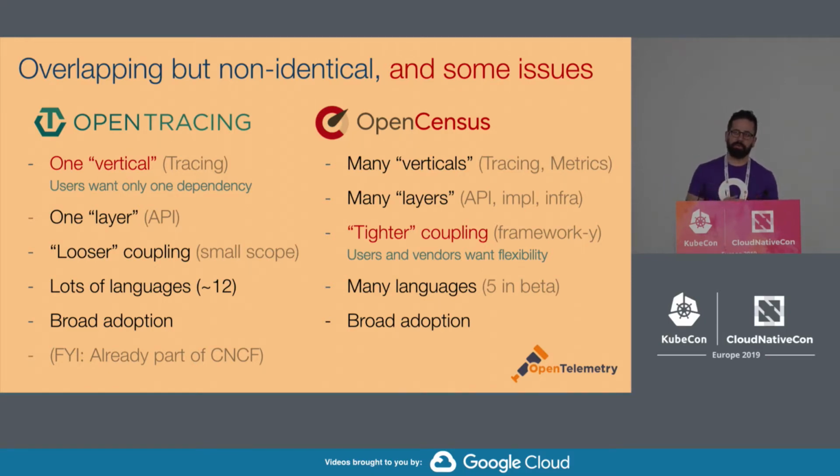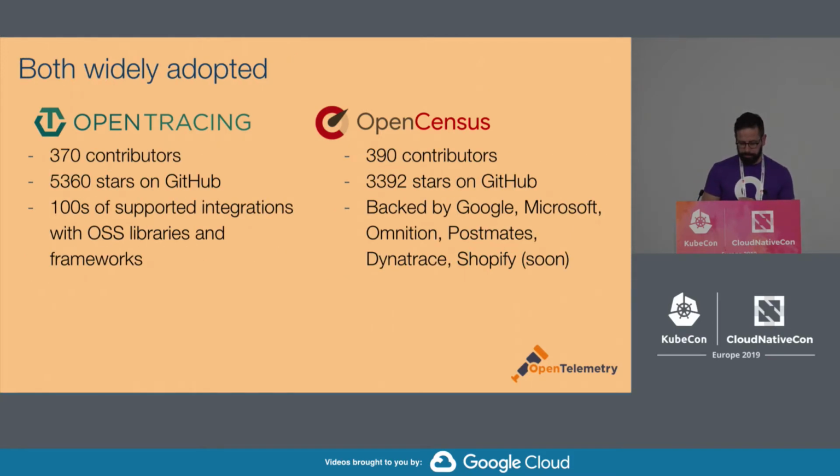It made it a bit difficult for developers to choose only the parts that they wanted to use for their product or project, and probably made it a bit more difficult for vendors and others who wanted to contribute or use parts of the ecosystem. Both of them were quite widely adopted and have a lot of contributors, a lot of users in production, and lots of components backing them both.